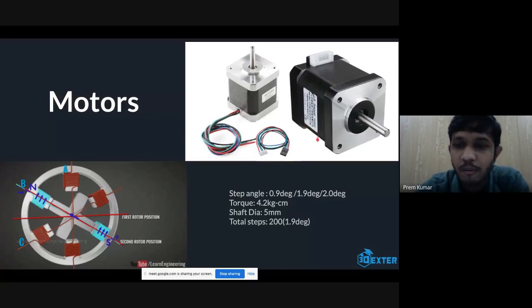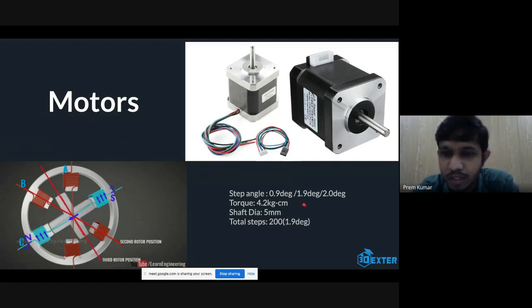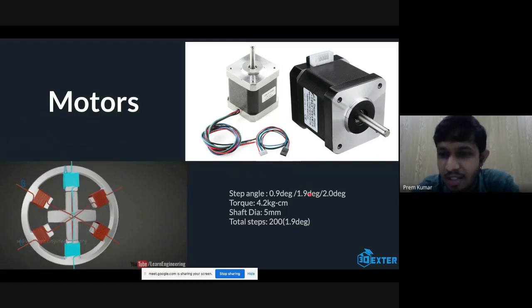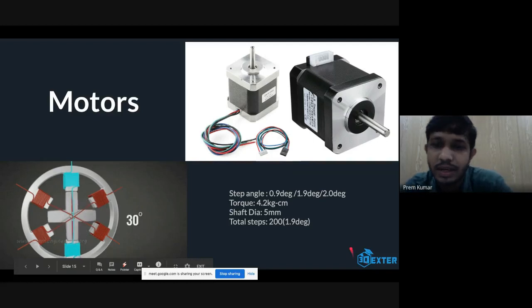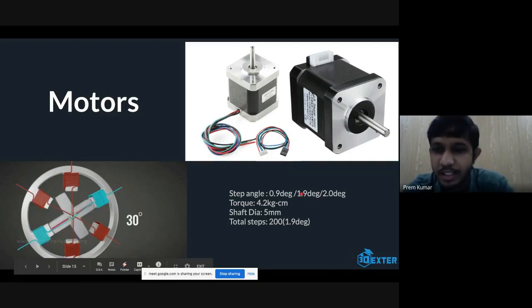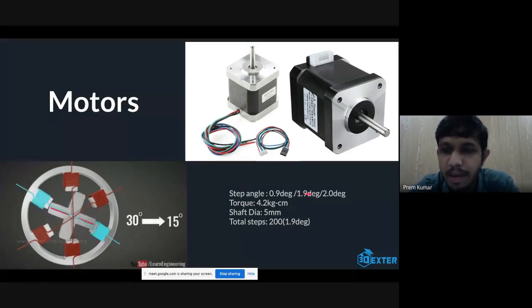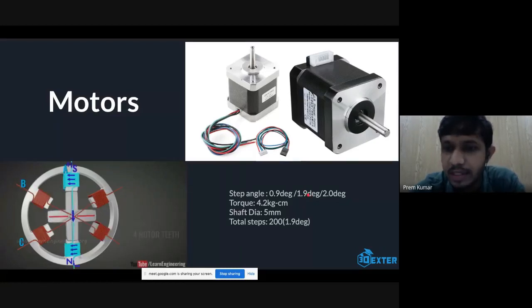So if the number of these poles increases, the minimum step angle decreases. The basic motors that we use for 3D printers have a 1.9 degree step angle, which means you can control the step angle of the motor very precisely to a degree of 1.9 degrees. This is the minimum mechanical step that you can actually achieve with the mechanical arrangement of this stepper motor.